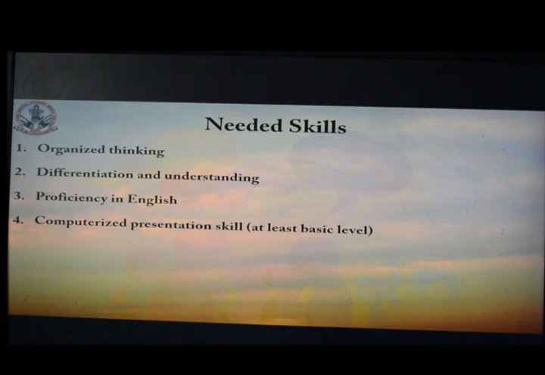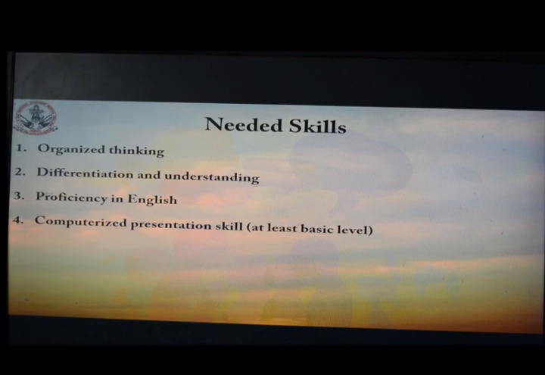Organized thinking means your thinking must be in a very systematic way, one that can be followed by others. Then differentiation and understanding of the audience as per the research subject must be there, and proficiency in English for a global audience